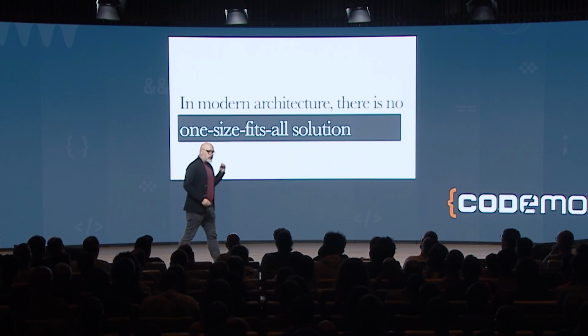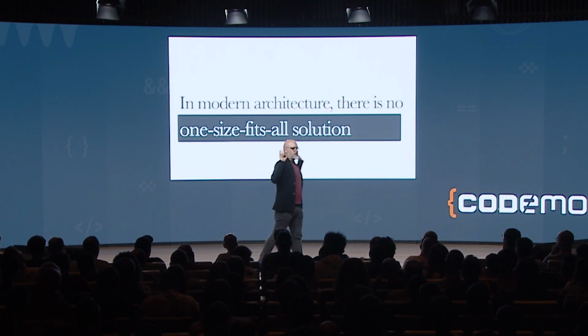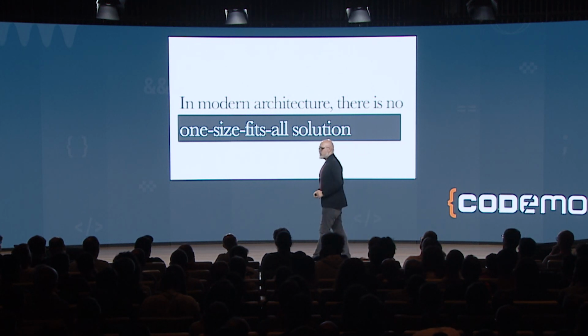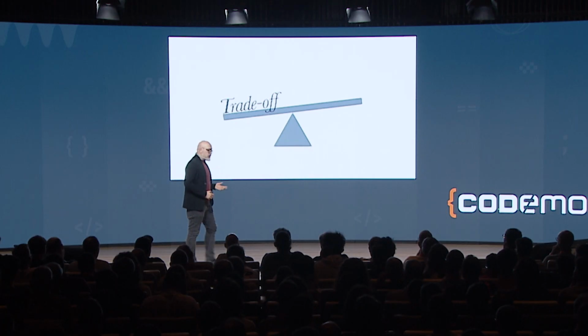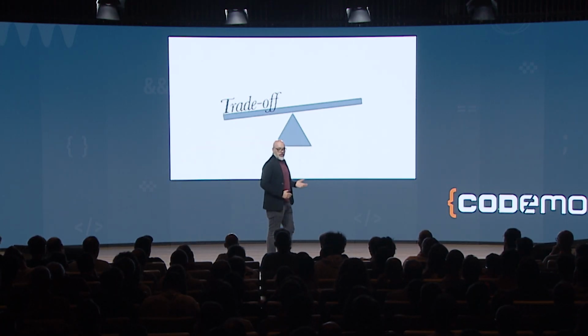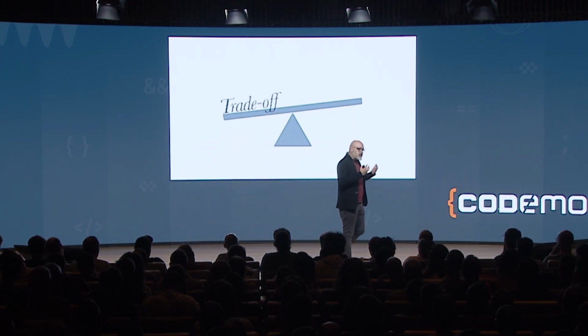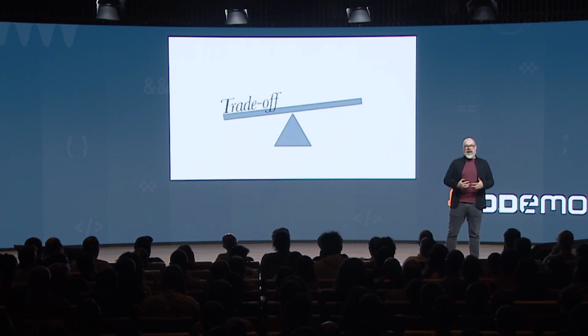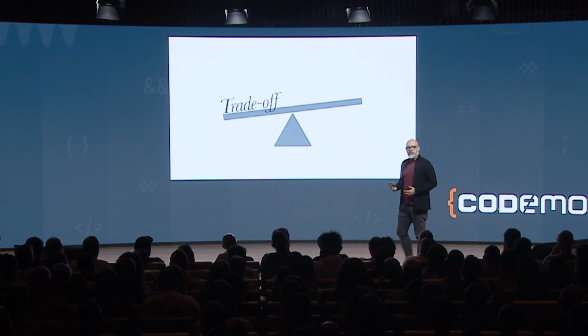I remember in the old days, you said, oh yes, this is a design pattern, or this is MVC. You cannot go wrong with that. Not anymore, because we realize that we have to take into account multiple dimensions. It's not anymore code. And therefore, we live in the realm of trade-offs. So every time that we take a decision, we need to make sure that we analyzed our trade-offs in different